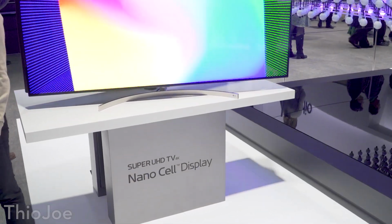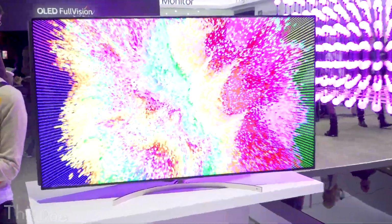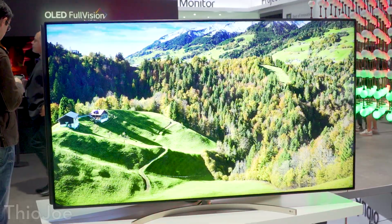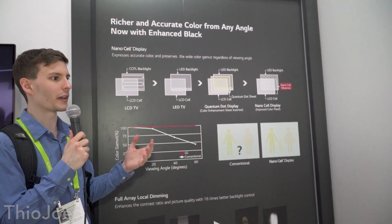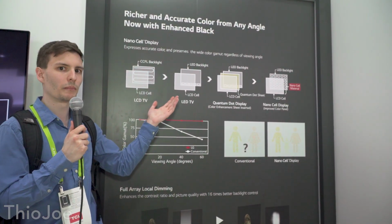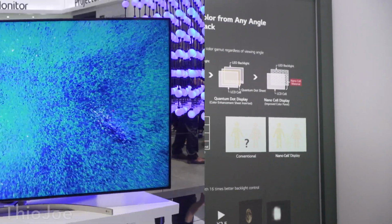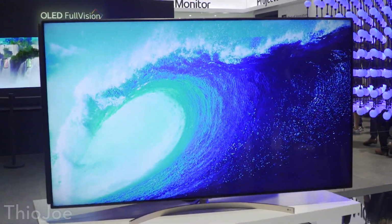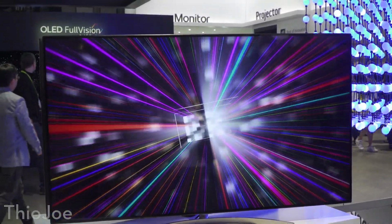All right, now the other type of TV they have mainly on display are the so-called Super UHD, and these are going to be using the nanocell technology. So it's not OLED. The basics of it is a completely different technology from Quantum Dot. Where with Quantum Dot, you have a totally separate sheet in between that kind of amplifies and corrects for any imperfections coming from the LCD cell. With nanocell, it's simply a film layer that absorbs any ambient light that would produce any incorrect lighting coming from the TV, and you're just left with the